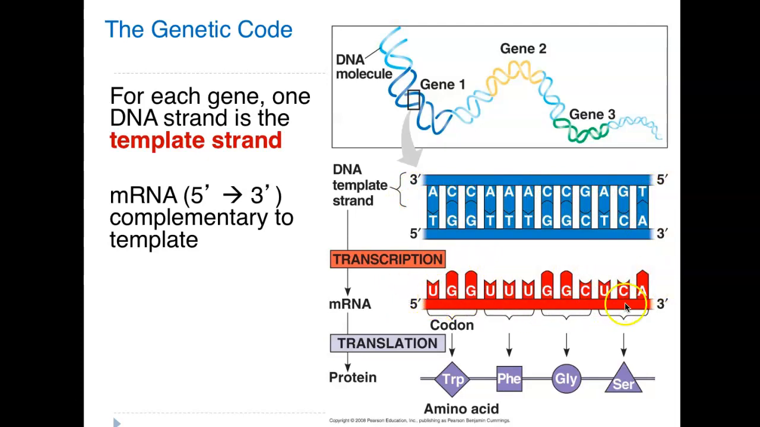RNA, the red strand right here, is complementary to that. So in DNA, A pairs with T, but with RNA, there are no T's. Anytime you would have put a T with DNA, you're going to have a U with RNA. So A pairs with U, C pairs with G, C pairs with G, A pairs with U, A to U, A to U, C to G, C to G, G to C, A to U, G to C, T to